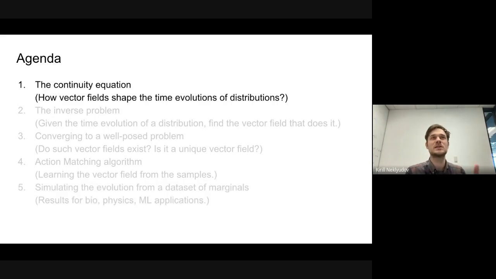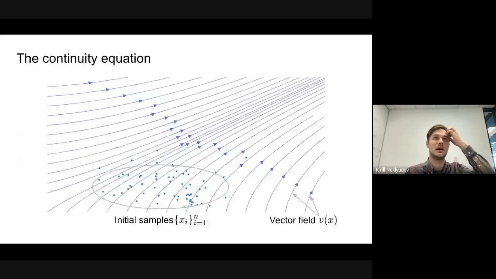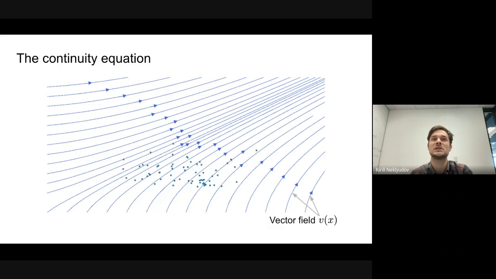So let's start with the continuity equation. The continuity equation is basically a very simple tool that does the following. Let's say we have some initial samples from a known distribution, like a standard normal distribution. And these lines are a vector field, the vector field that drives all these samples individually. So they go along the vector field, and once they go, we see that the density of the samples changes,